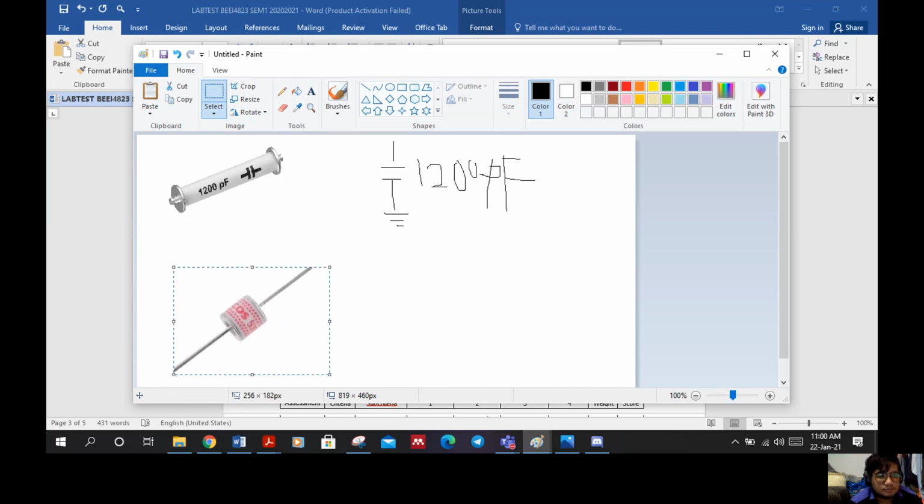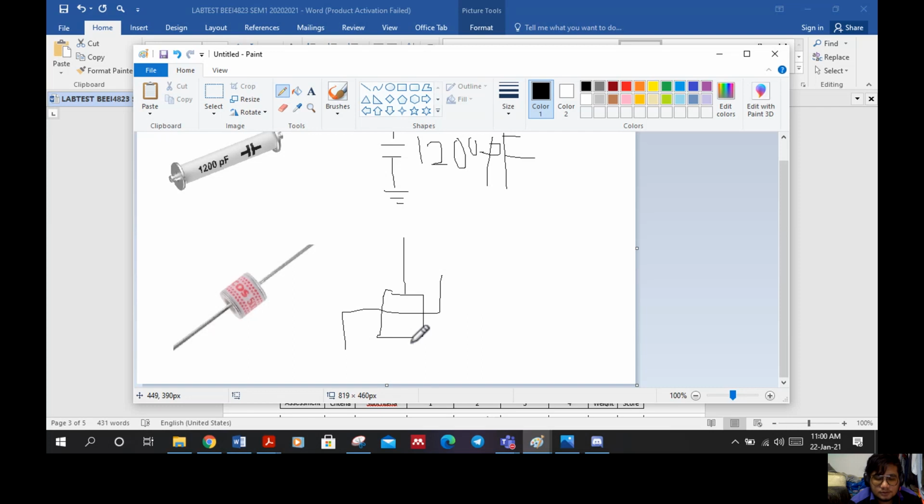This is the spark gap. So the schematic diagram for the spark gap is